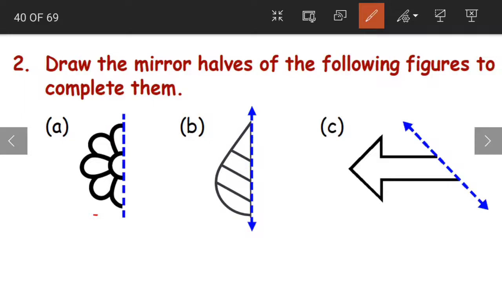Now this is easy, children. You just have to draw as it is, which is on the other side. See, here we are having a C, so draw the same C. Then we are having a shape like this, so draw this. Then we have a complete petal, then again a complete petal, then a complete petal. And then we are having a half petal, so draw the half petal.